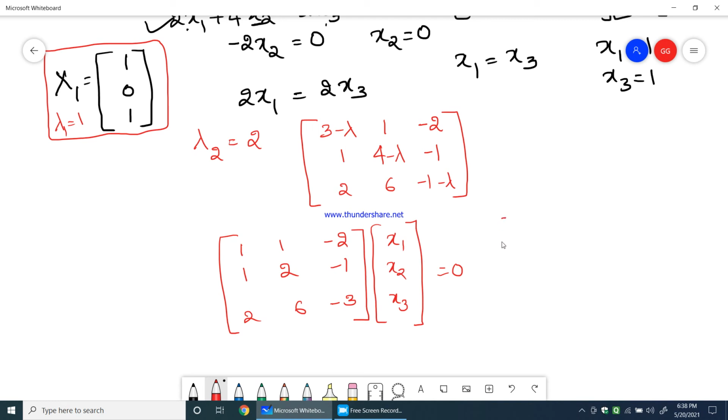If I want to do a row operation, I can do that. So what I'll do is take row 3